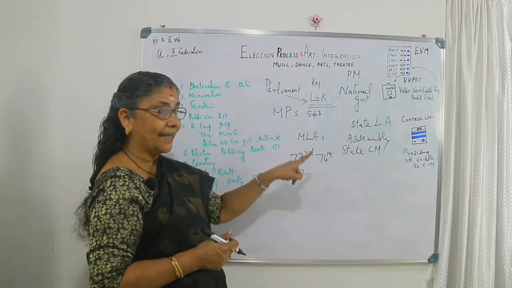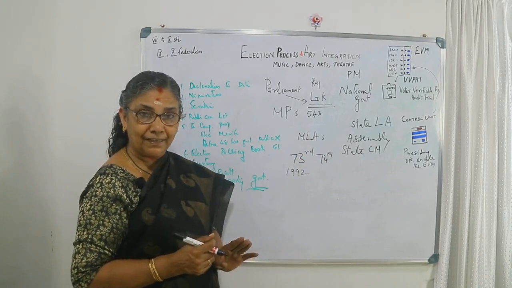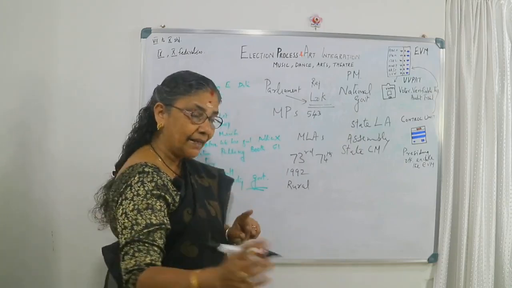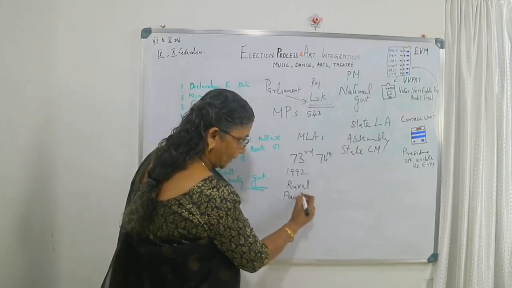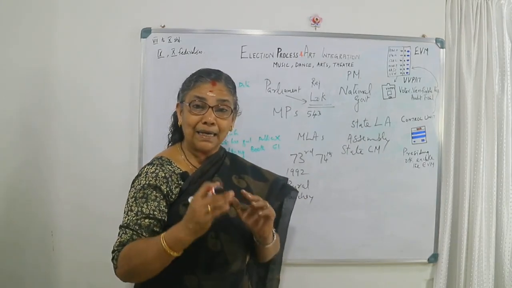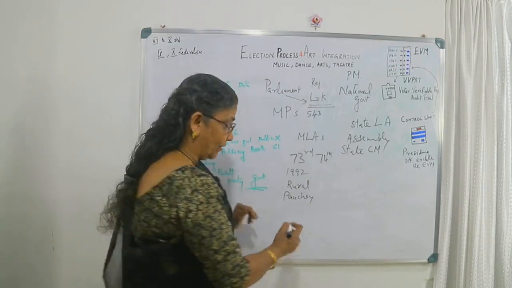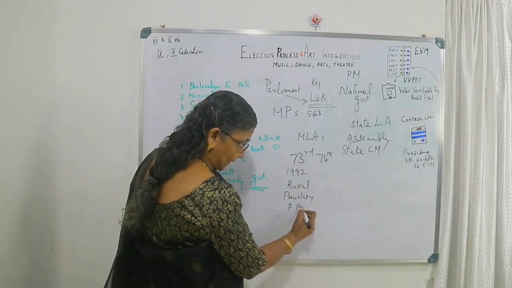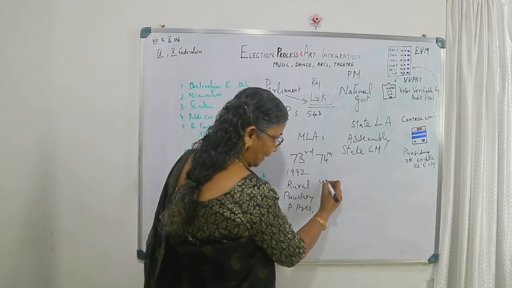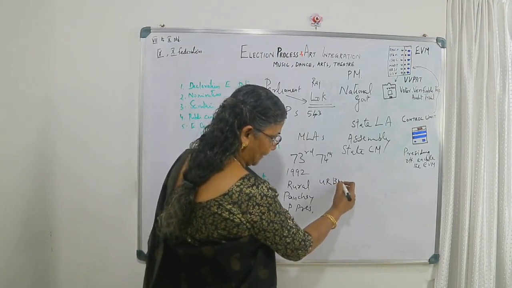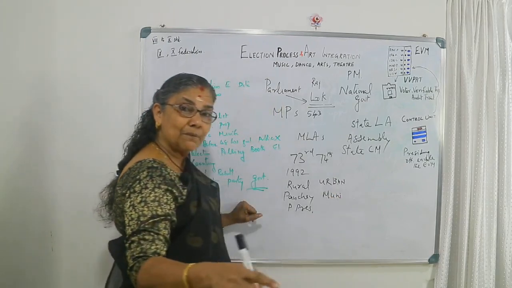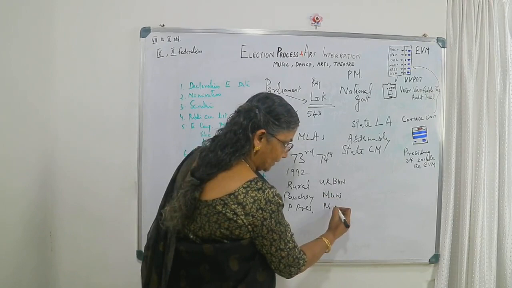And here the election will take place. How will the election take place? If it is a rural area, we call it the Panchayat election. Those who got elected, and the majority party leader, will become the Panchayat president. And if it is an urban area, we call it the municipality election, and the municipality head will become the municipal chairperson.